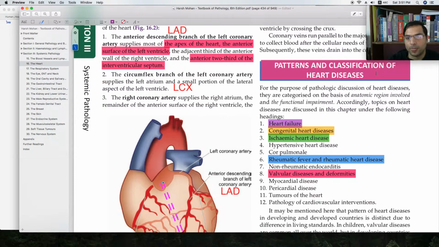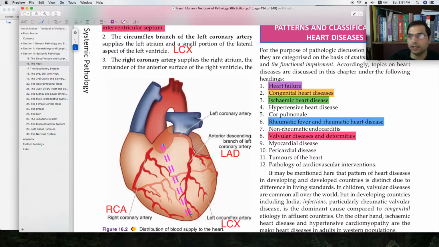So now, after this we will be studying the diseases. The first disease that we will take in heart. So now we know that the heart is a pumping organ, right? So what can happen? What are the diseases that you can think of? The first is congenital heart disease. The heart could have deformities congenitally. Congenitally, the interventricular septum could be not well developed. That can lead to defects.